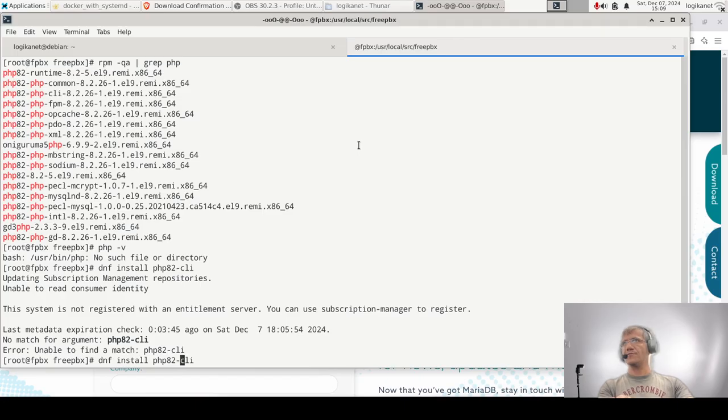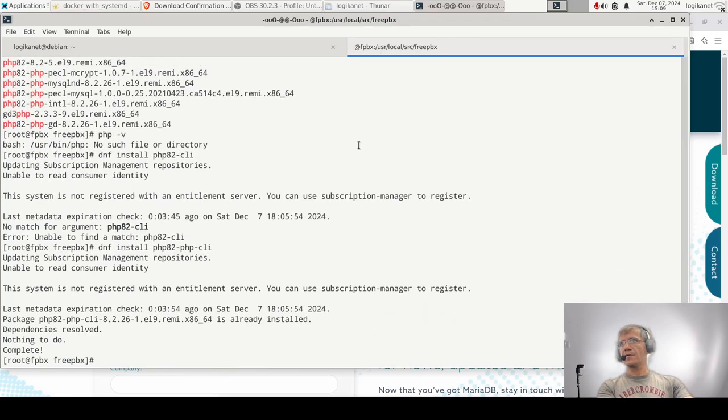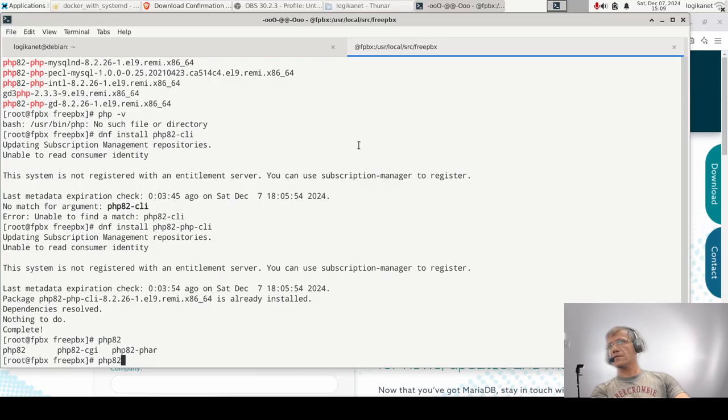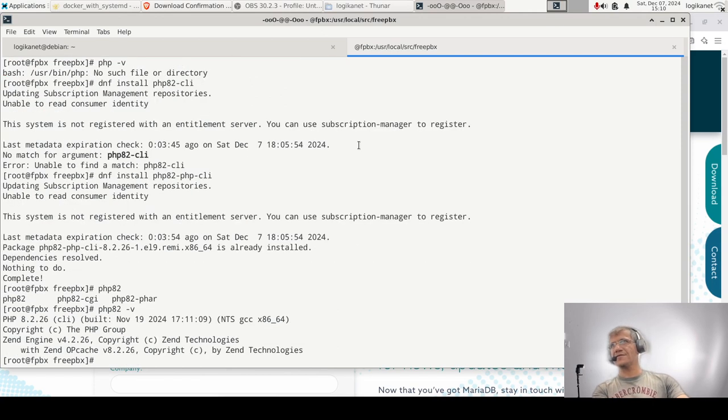I think it's php-cli. Oh, it is. Okay, so it says php82. So if I do this, okay,